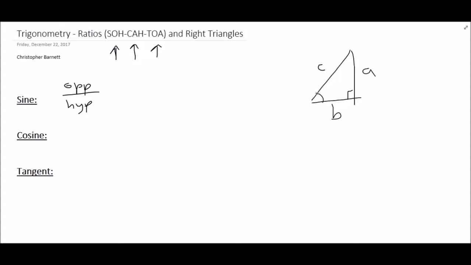So if we're given angle theta right here, that would be, if we had sine theta, the angle theta being in degrees or radians depending on the problem, we would have opposite over hypotenuse, which is A over C. So that's fairly simple. Next we have